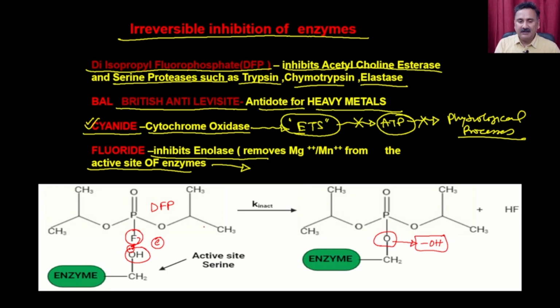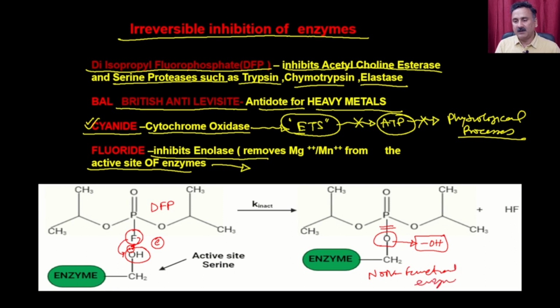So when you add the DFP, what DFP will do is this fluorine is going to be attacked by this particular oxygen, and as a result, it is going to make a permanent complex. See, this is a covalent bond, right? If it is making a covalent bond, whether you dilute this enzyme, dialyze this enzyme, or run it in a gel filtration, this bond is not going to be broken down, and that's why this enzyme will no longer be functional. So this is going to be a non-functional enzyme